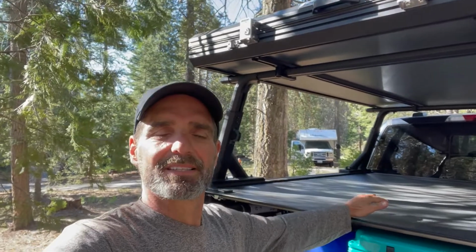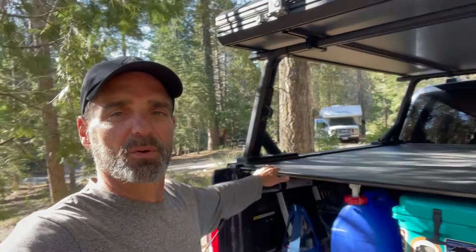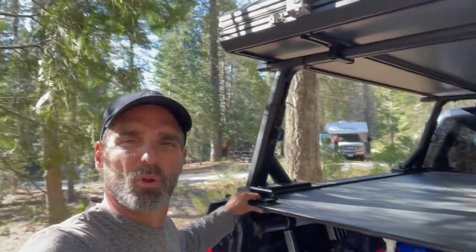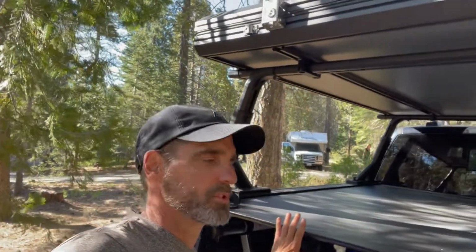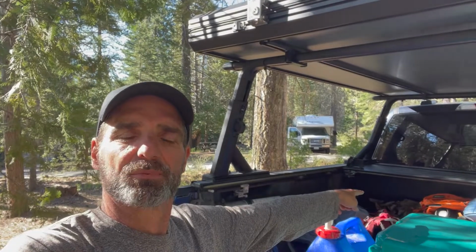It's bear resistant, as they say in the countries that we're getting into, so it'd be tough for a bear to get into in here. You can lock it, roll it back. Here, this was unlocked. I'm just gonna push it back, and off it goes. And so it retracts into a part of the bed liner up front,